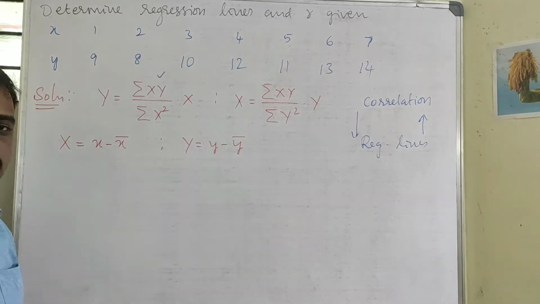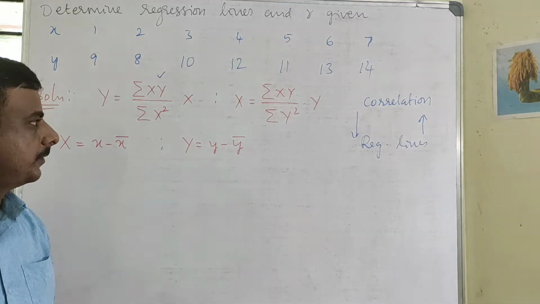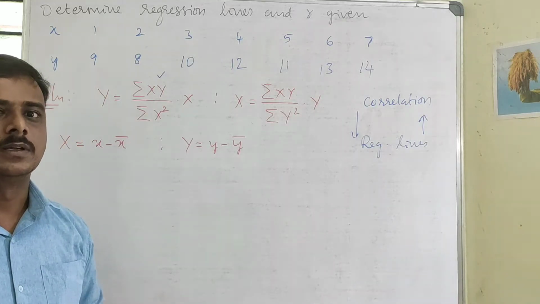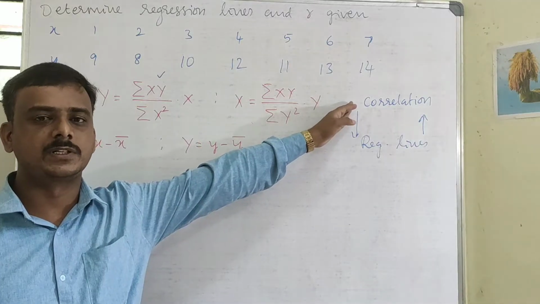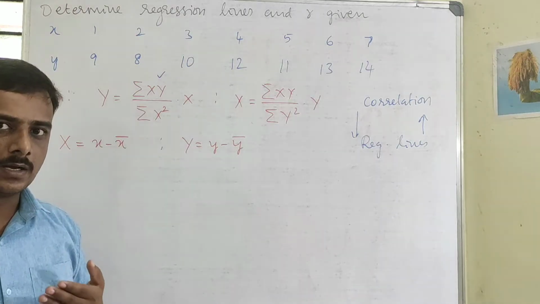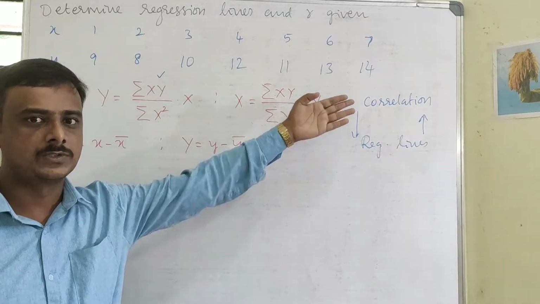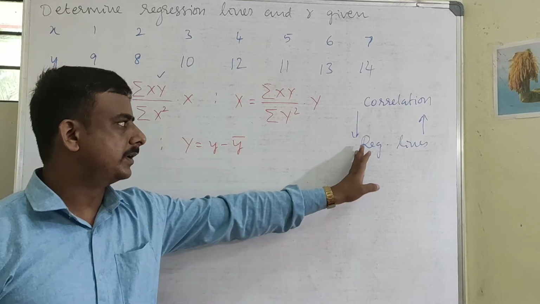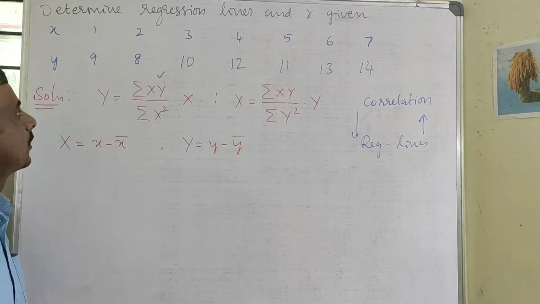Welcome back. In this video we are going to discuss, for the given data, how to find the regression lines first, then the coefficient of correlation. In the previous video we discussed the opposite way: given the data, how to find the coefficient of correlation first, then the regression lines. You may be asked to find the coefficient of correlation and then the regression lines, or the opposite way, so you must be ready to solve the problem in both ways. Now we are going to the opposite way, finding regression lines first, then the coefficient of correlation.